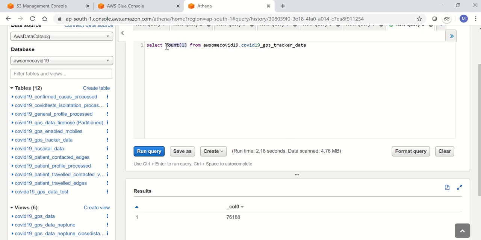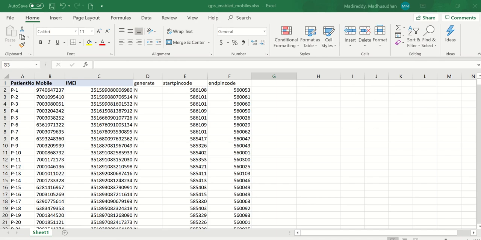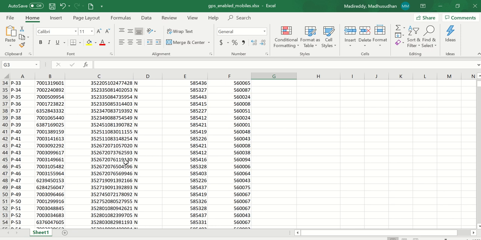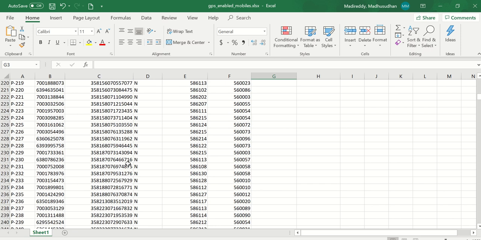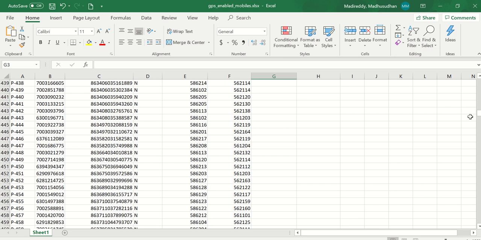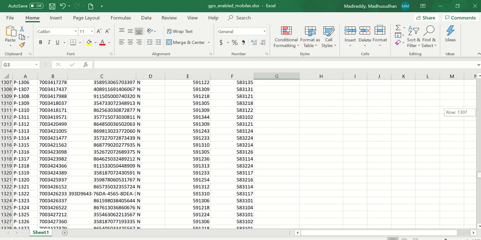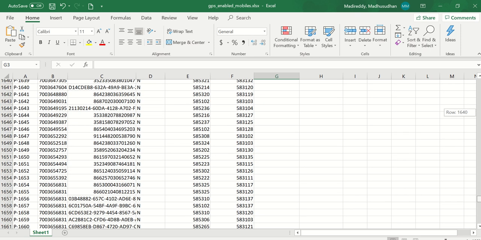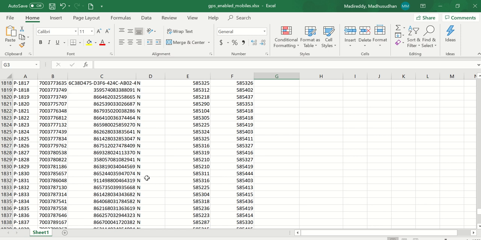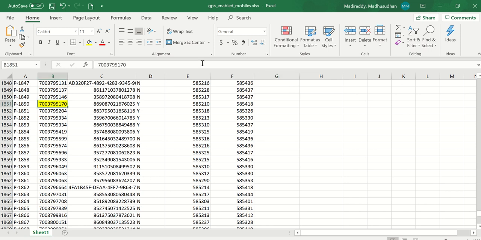Suppose we want to see the patients that we have created just now, we can look at those. We can take those mobile numbers.